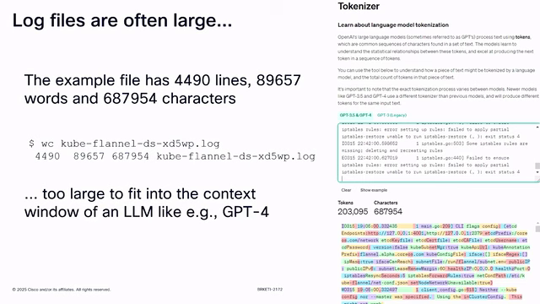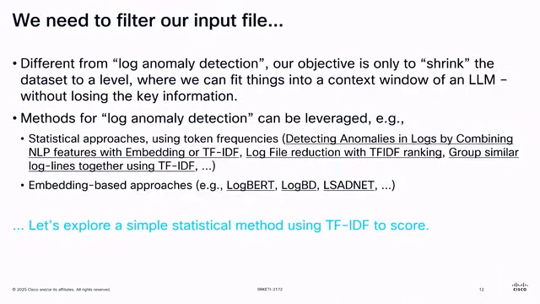And there are multiple ways you can do that. There are statistical approaches, and we're going to use a very simple statistical approach in a minute to filter that file. Intuitively, if you look at log files, we know there is a load of redundancy in there, where a process says, hey, I'm alive, hey, I'm alive, hey, I'm alive, every 10 seconds. Is that super useful? No. It's good to hear that once, but not 1 million times. So there's a load of redundancy in there, which is why statistical methods are quite useful for filtering purposes.